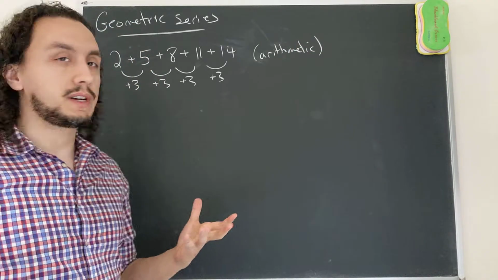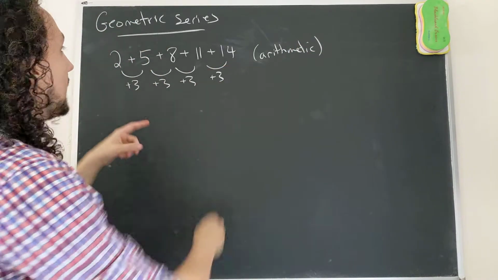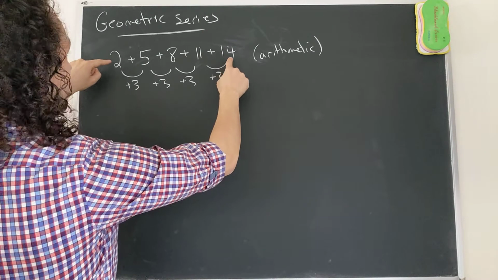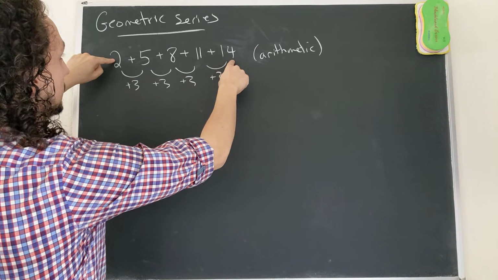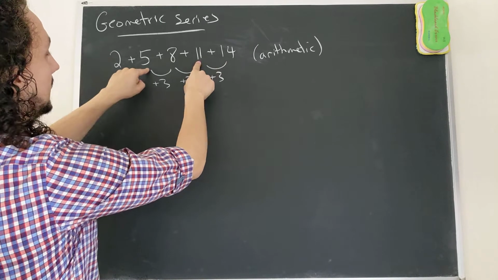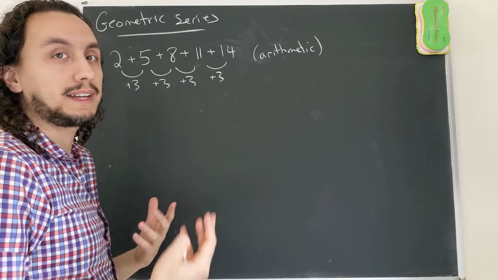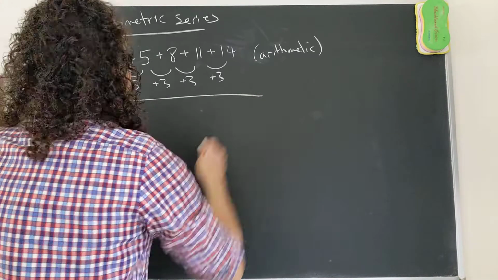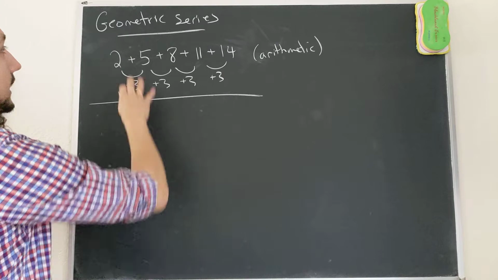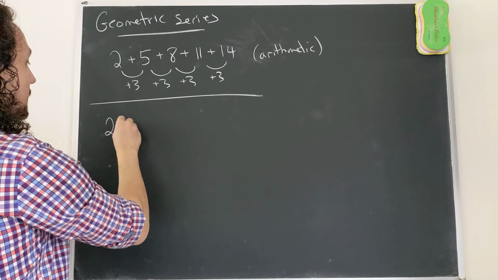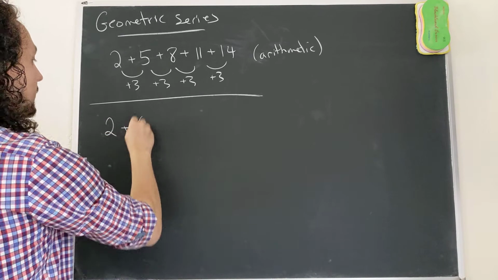And we derived a formula that allowed you to add up an arithmetic series really quickly, which basically involved looking at the fact that the sum of the first and the last term, 16, is the same as the sum of the second term and the second last term, 16, and generalizing that to get a formula. Now looking at geometric series, it's very similar, except now